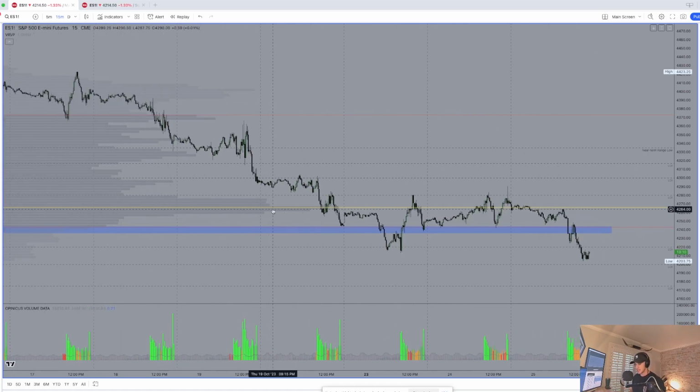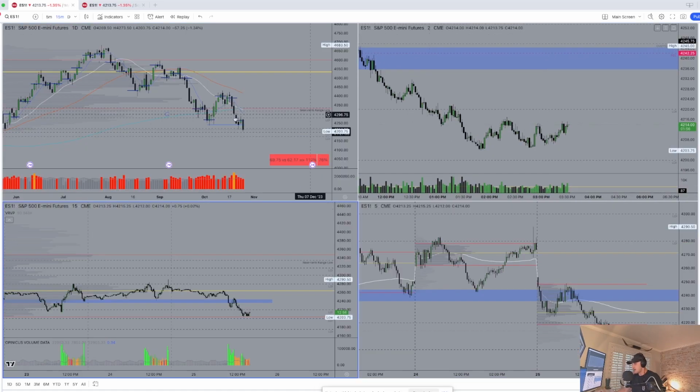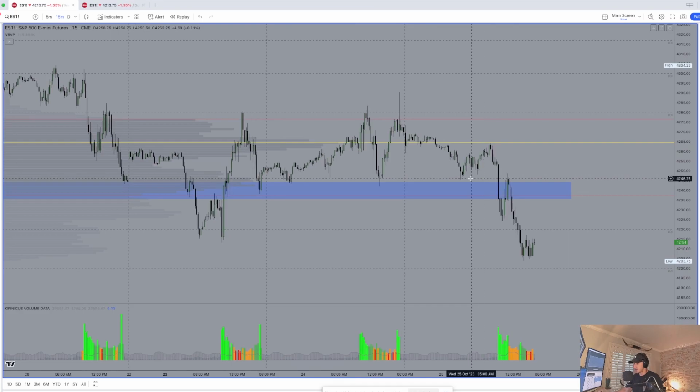So one of the scenarios that I outlined in the weekly kickoff was for potential consolidation down here near the lows, down near the daily pivot, before actually seeing that leg lower. That is essentially exactly what we saw with this recent action. If you take a look at